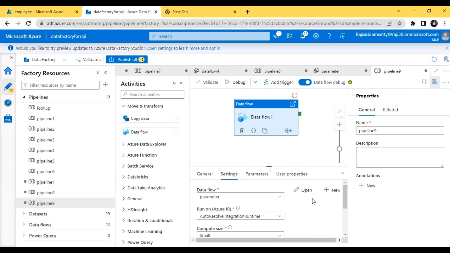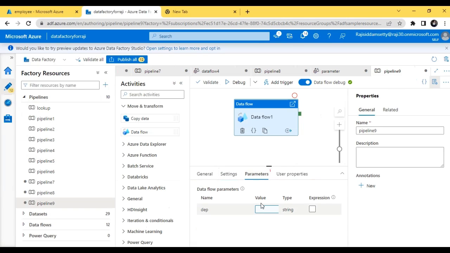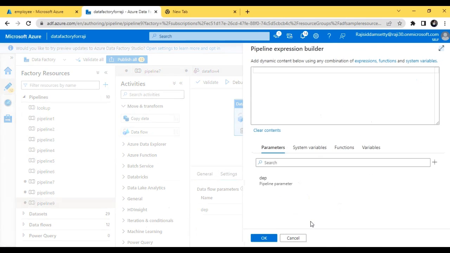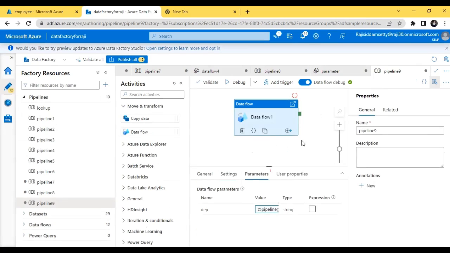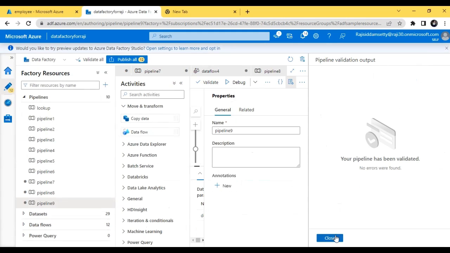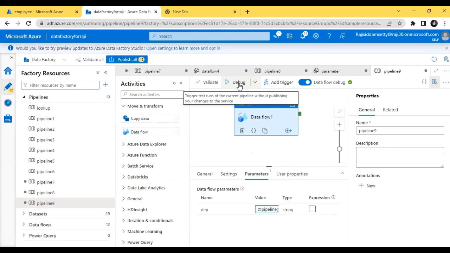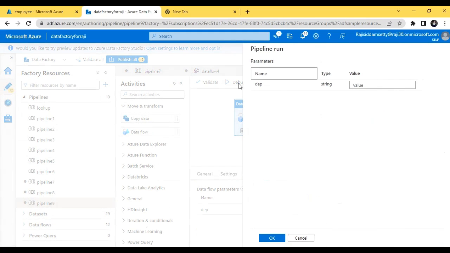Now let us add the parameter. We can add a data flow expression or a pipeline expression. Let us add the pipeline expression. Click OK. So now let us validate this. When we debug, here we can add the parameter value. So I want IT. Click OK. Then it